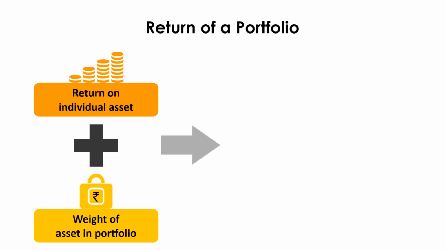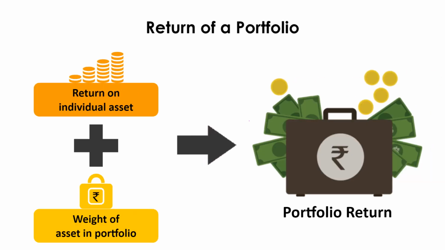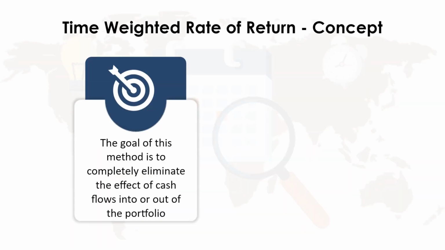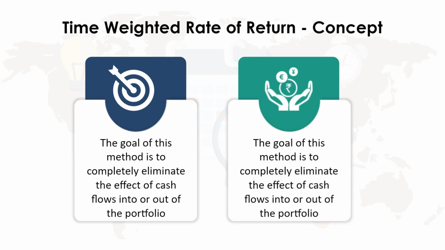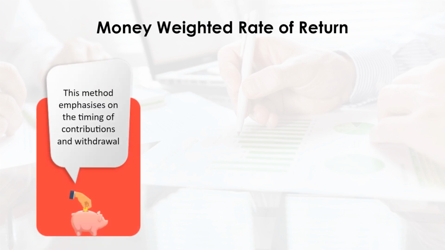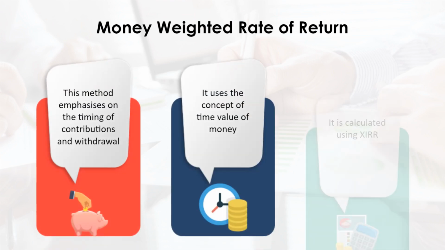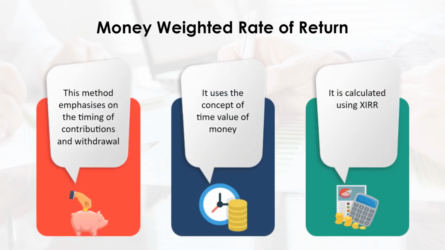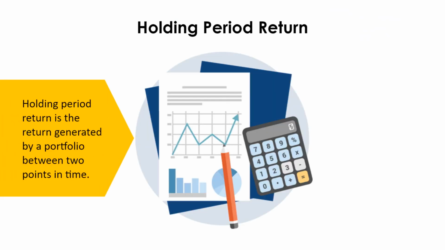Returns of a portfolio are weighted average returns of the assets in the portfolio. Time-weighted returns eliminate the effect of the cash flows and is used by MF portfolio managers to showcase their performance. On the other hand, money-weighted rate of return emphasizes the contribution and withdrawal in a portfolio and is used for client portfolios. Holding period return is the return generated by a portfolio between 2 points in time and suffers